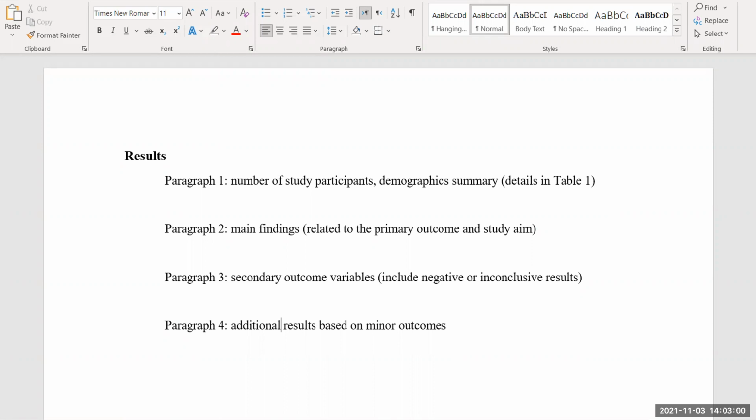In paragraph 2, we discuss main findings related to the primary outcome and the study aim. So if you have a main hypothesis of the study, this is usually where you present it. And usually you have a table 2 and a figure 1. In which you would,